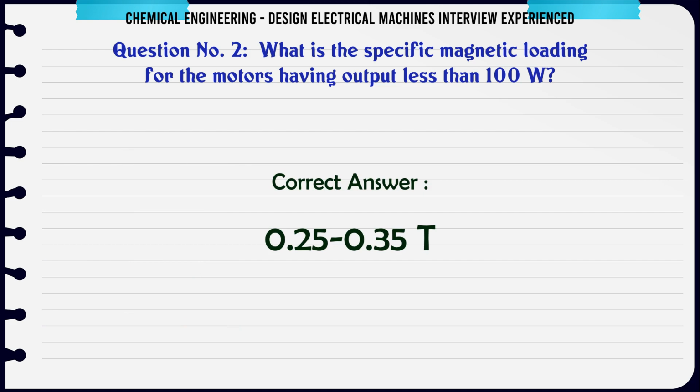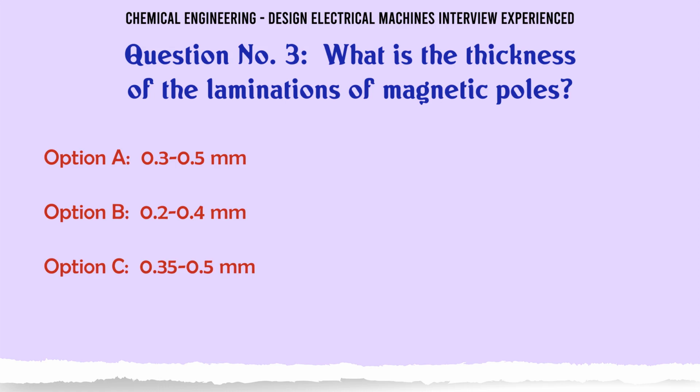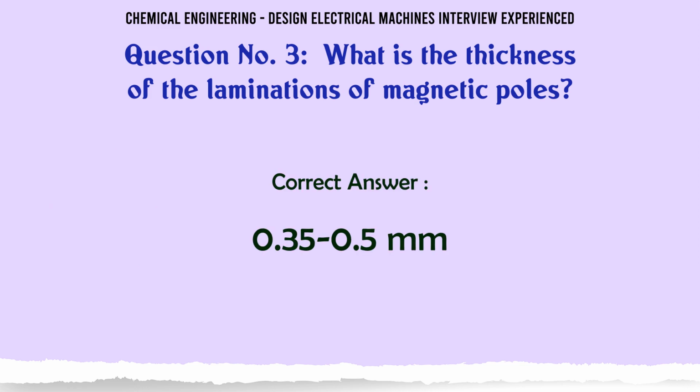0.25-0.35 T. What is the thickness of the laminations of magnetic poles? A. 0.3-0.5 mm, B. 0.2-0.4 mm, C. 0.35-0.5 mm, D. 0.4-0.5 mm. The correct answer is